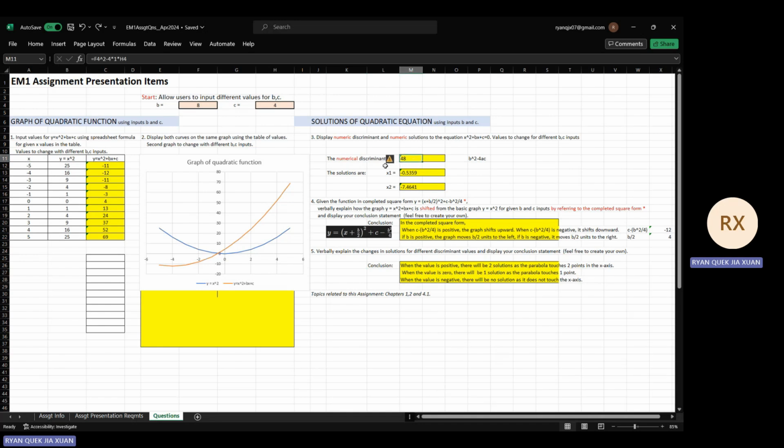For the last question, looking back at the numerical discriminant in question 3, we notice that getting a positive number gives us 2 real solutions. But if I change the value of my b to 6 and the value of my c to 9, we get 0, and hence getting 1 real solution only. Lastly, if I change my b to 3 and my c to 6, we get a negative number instead and will not get any real